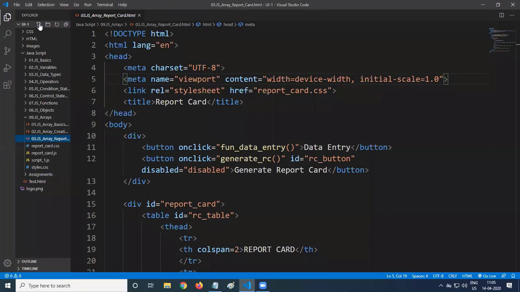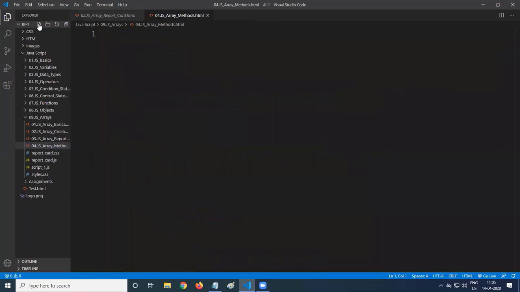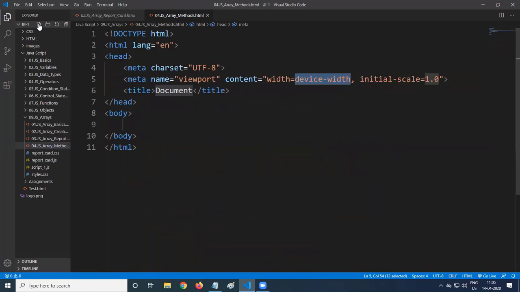Now in the same way, we have some methods. So we are writing JavaScript array methods, and based on our requirement, we can use them. JavaScript array methods.html. What are the methods? We'll see them one after the other, and whenever we develop an application, we can use them. Some methods are normal methods, and some are widely used. So, array methods.